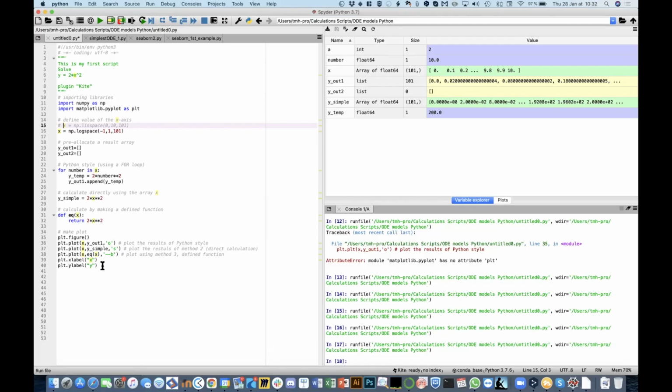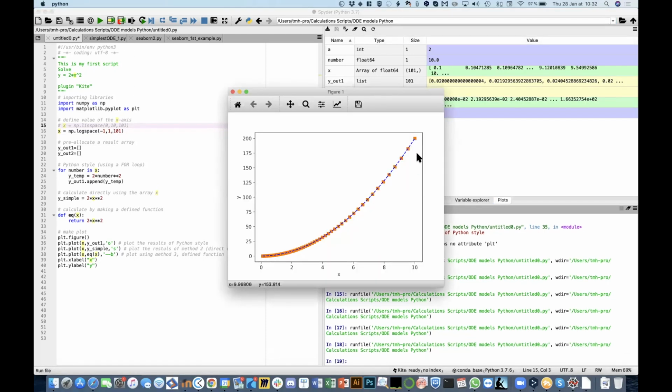And since I'm using, well, let's see what that looks like. So if I make the same plot, you see that the distribution of the points is now not the same. There are more points at the beginning and fewer points at the end, right? Because if I do a log space from 10 to the -1, so 0.1, it starts somewhere here. So there are going to be a lot of points here. And then when you go to bigger numbers, they will be spaced out farther,